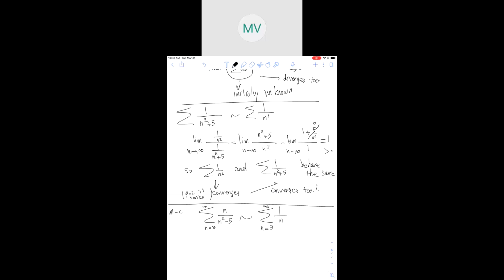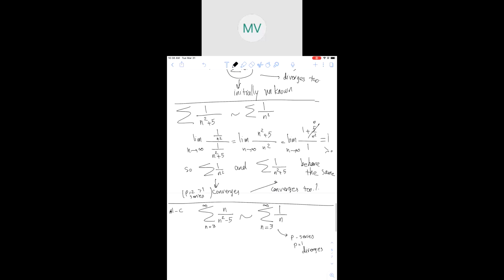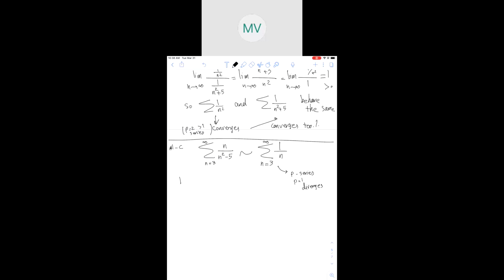Well, let's go ahead and do it. By the way, what do we know about this series? We already know that one diverges. P-series, p equal 1 diverges. Now, by limit comparison,